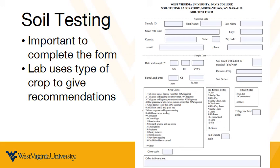crop codes. Now this is really the most important part, because in order to give you the best recommendations for what to do with your soil, the lab needs to know exactly what you're trying to grow. The nutrient requirements for alfalfa are a great deal different than what you need to grow a vegetable patch, for example. So make sure that you do fill that out, as well as the rest of the information on this